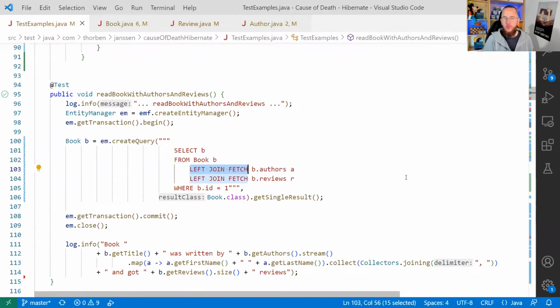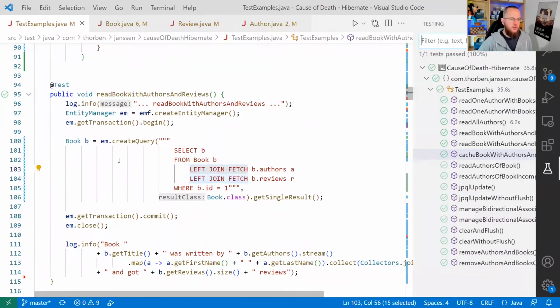So not only fetch the book, but also fetch the authors and the reviews. With an entity graph, we can define this fetching behavior independently, either via annotations using the named entity graph annotation or via an API. In the end, the result of a join fetch clause and of an entity graph is exactly the same. It tells Hibernate to